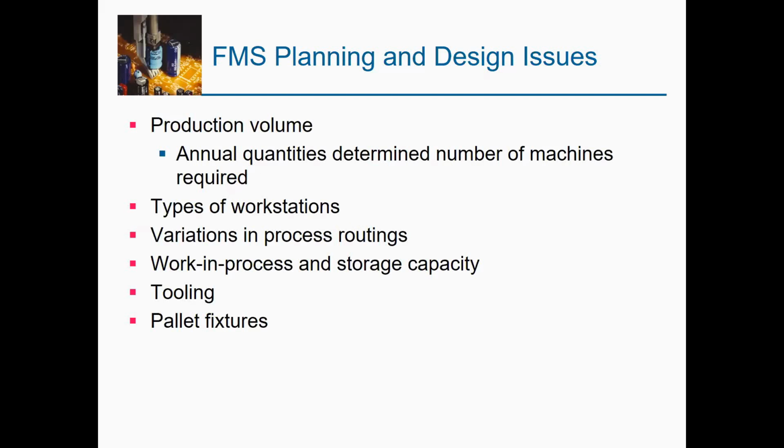If there is a casting process, then you need to have a casting machine, injection molding or something like that, because this is FMS. You can't adopt or adjust any conventional method of forging. So variation in process routing is a very important factor again in process planning and design issues. Process routing is the order of the process, the sequence. After that, you must fix the machines.